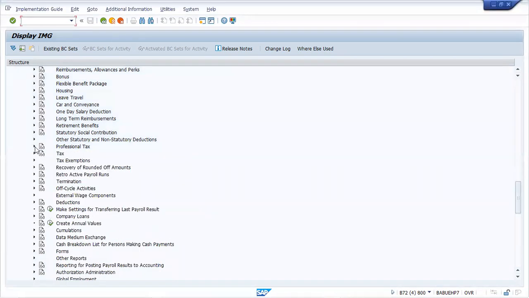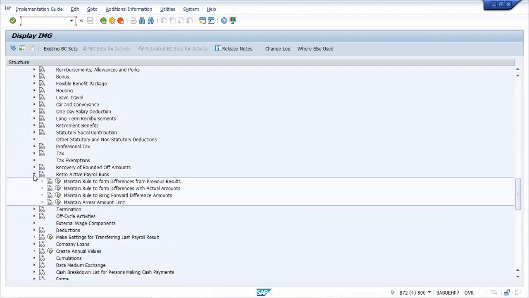Can you tell me by reading these things? Deductions. No. Section 89. Tax. Is it retroactive payroll run, sir? Sorry, sir. Okay, no problem. So that will be again a task for you: in the entire thing, you'll be searching. I'll just quickly go directly to the table and I'll tell you. Okay, so you have to identify.